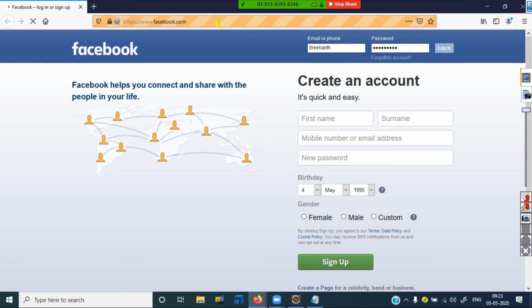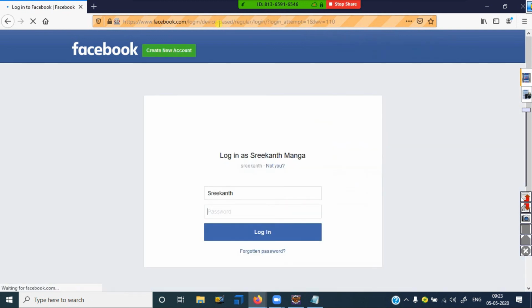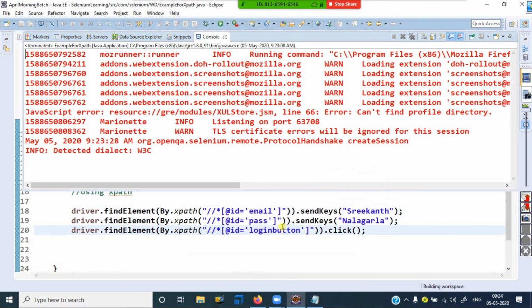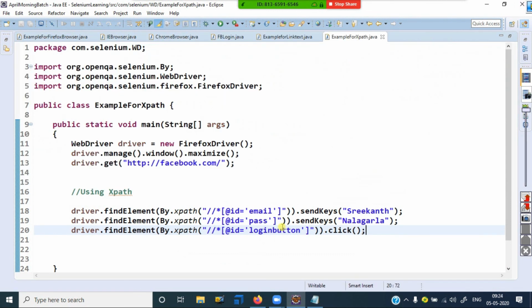I'm giving invalid data, so it shows an error. This is how we implement it, using XPath only. Got it? Understood?